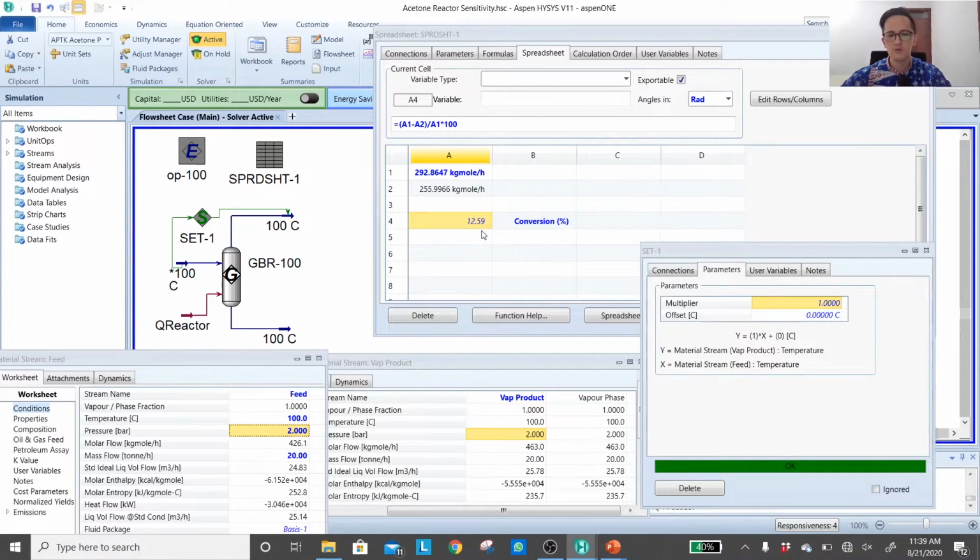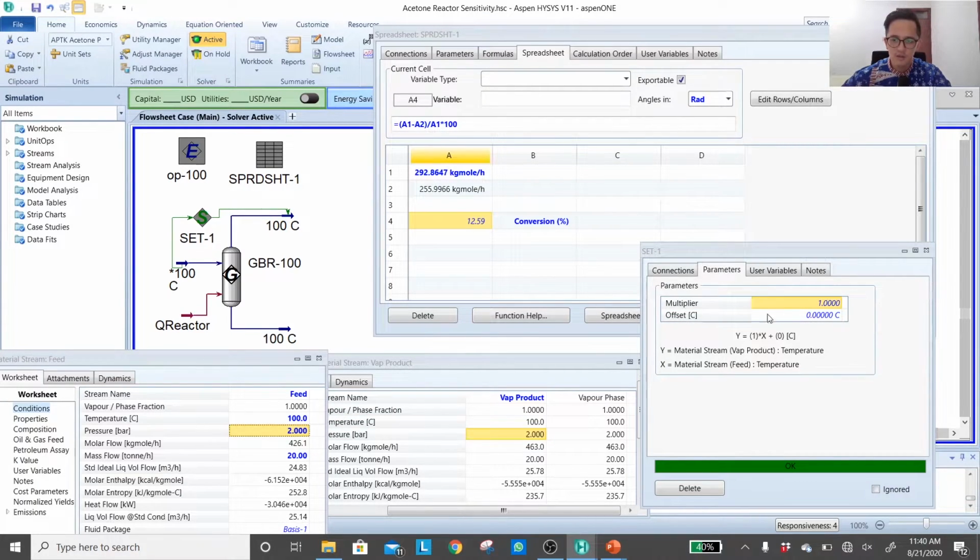Even if you look more closely, my conversion already changed as well. Now it perfectly makes sense. For an endothermic reaction, when I decrease my temperature, the equilibrium will give us a lower conversion. Okay, so everything is ready for us to allow a more detailed sensitivity analysis.